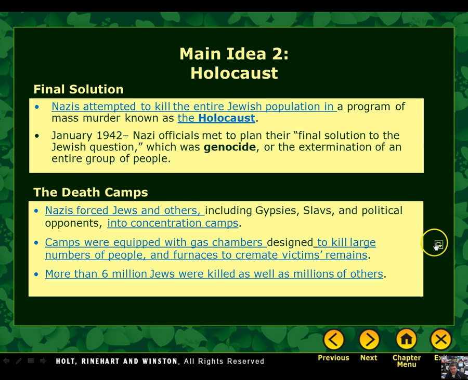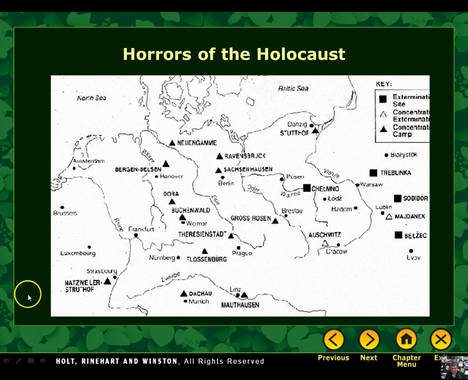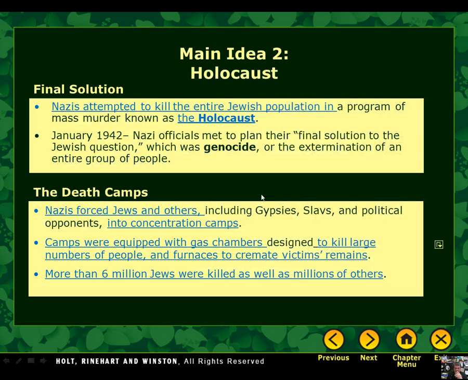I'm going to show you a couple photographs here. First, these are some of the camps around Germany and Poland. And you can see some of the famous names of some of them. Auschwitz, Dachau are some of the more famous ones. I'll show you some actual photographs from Dachau or Auschwitz, one of the two, that a parent gave to me when they went to Europe. So we'll take a look at some of those, what it looks like today.